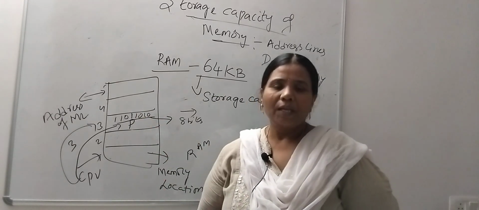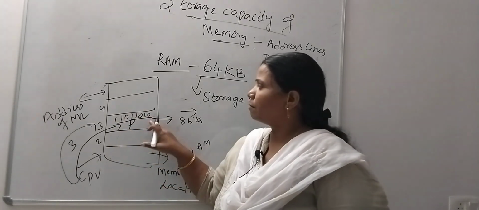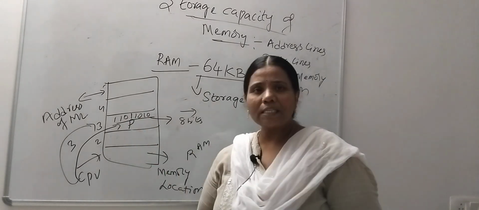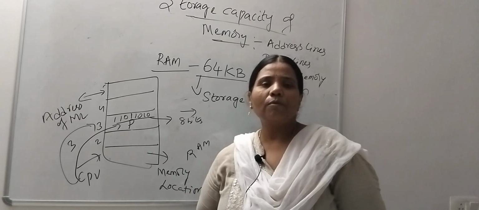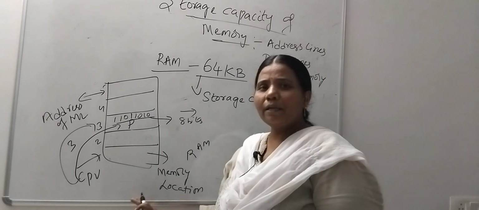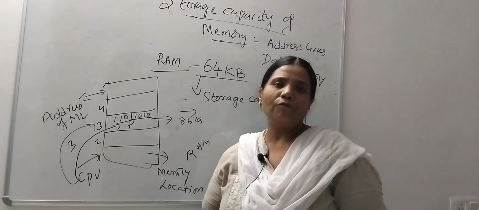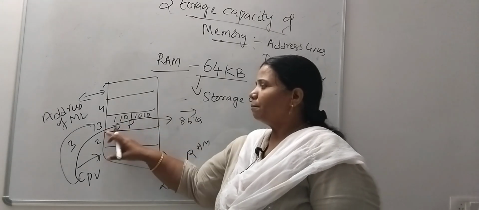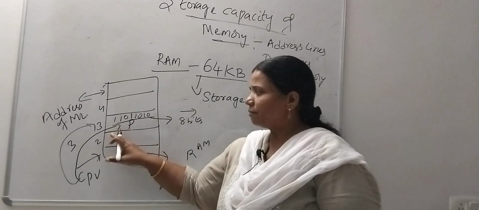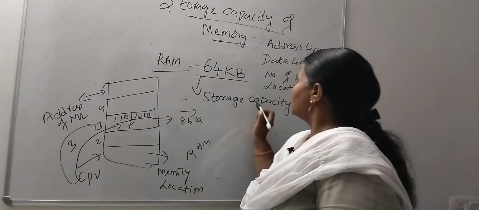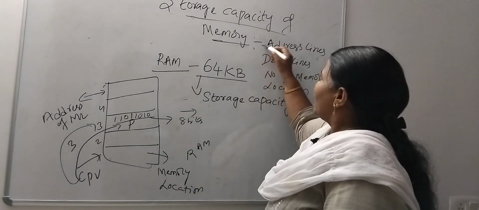P is one data. Like that, your song will be stored in the form of a group of ones, your videos will be stored in the form of a group of ones, images will be stored in the form of a group of ones, numbers, text, any data which is stored in the memory, present in a mobile phone, laptop, desktop, everywhere the data will be stored in the particular location by sending the address in the form of binary bits. Okay, so now from this storage capacity you can find address lines.